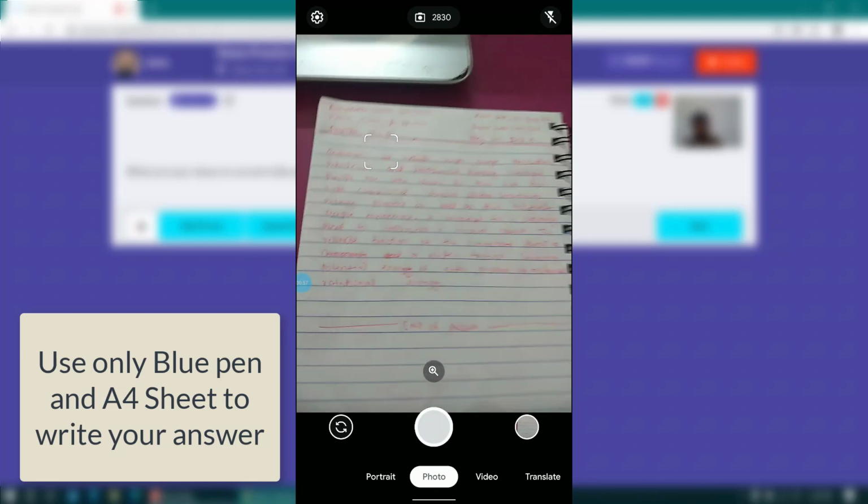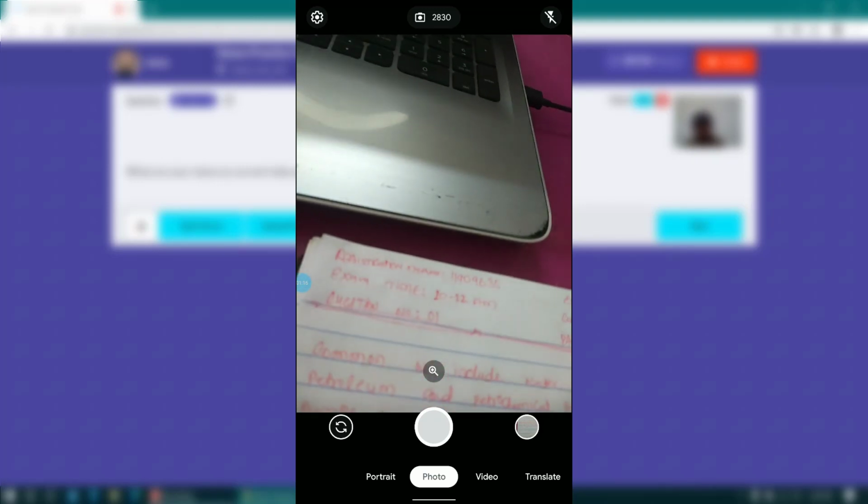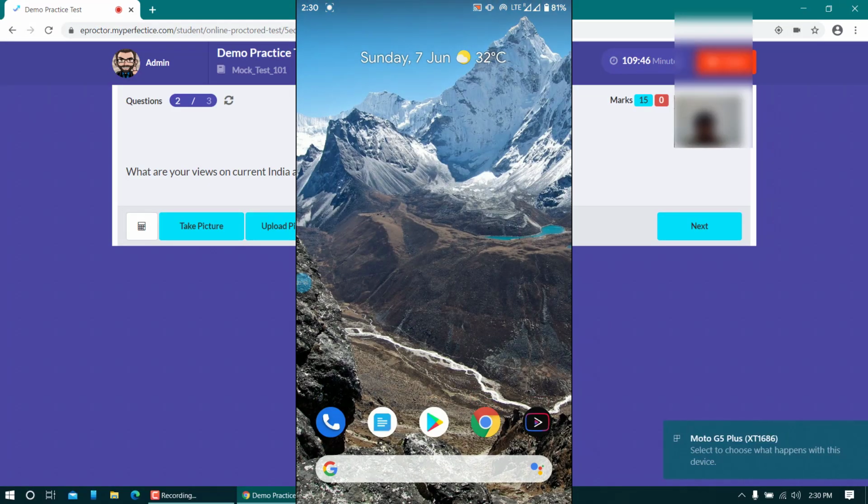and then connect your mobile phone through the data cable. So I'm going to connect my mobile phone using the data cable. I'm going to minimize the camera app now. I have connected my mobile phone.